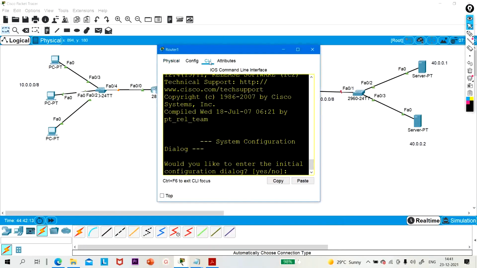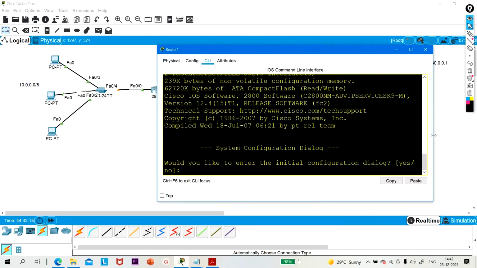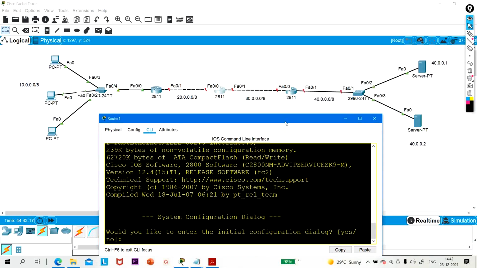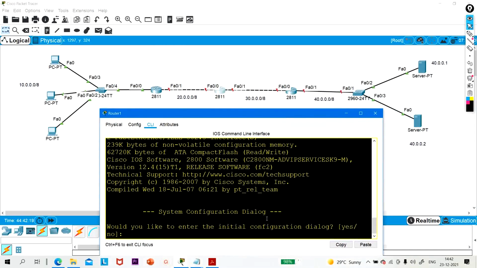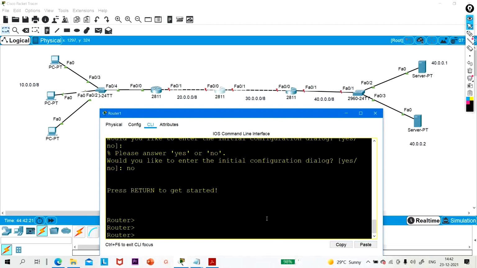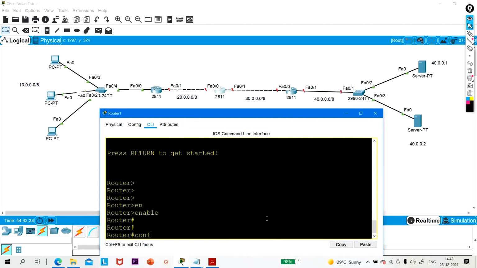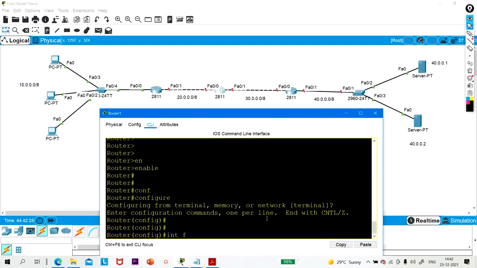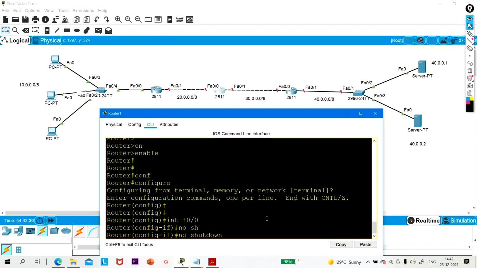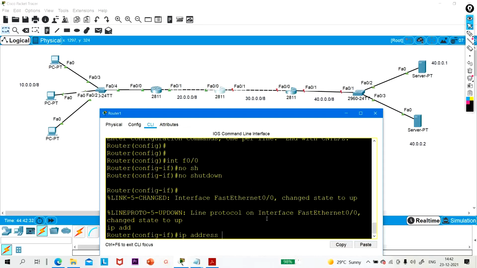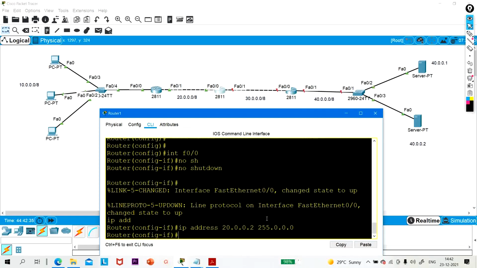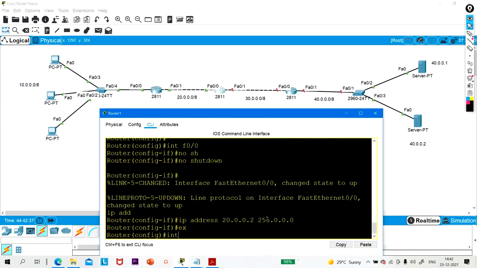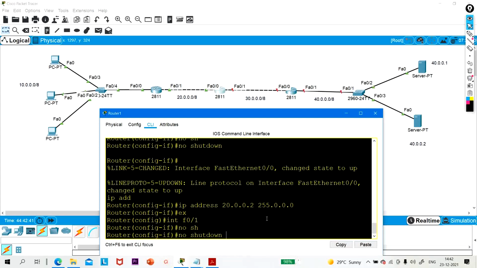Let me configure IP on R2. So enable, configure terminal, interface Fast Ethernet 0/0, no shutdown. IP address will be 20.0.0.2 255.0.0.0, exit. Interface Fast Ethernet 0/1, no shutdown.